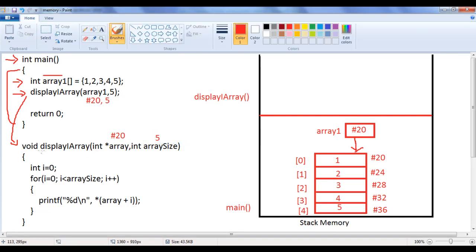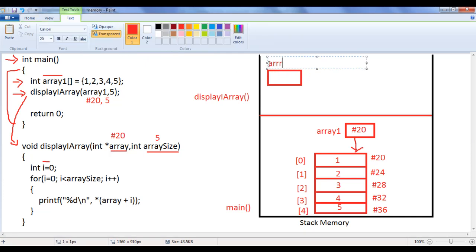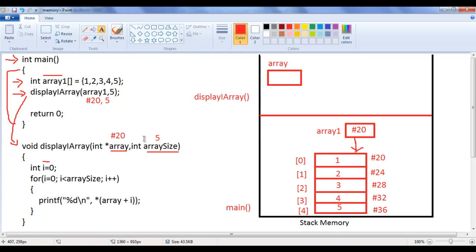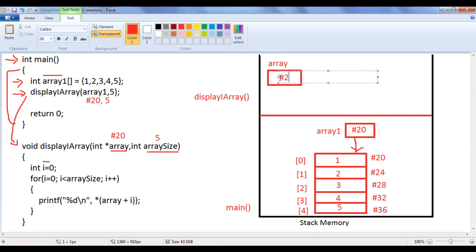The local variables of the displayIArray are allocated and initialized. There are 3 local variables we have: array, arraySize and i. For array pointer variable, one memory location is allocated. It holds the value #20.